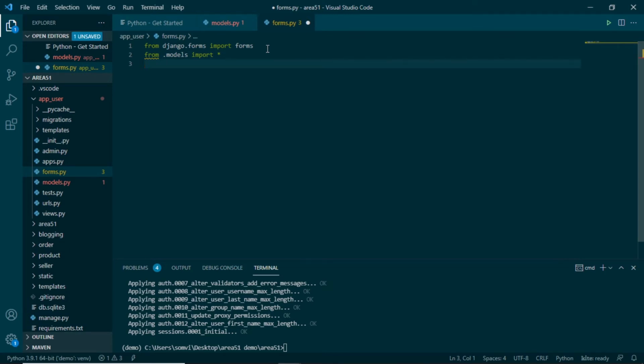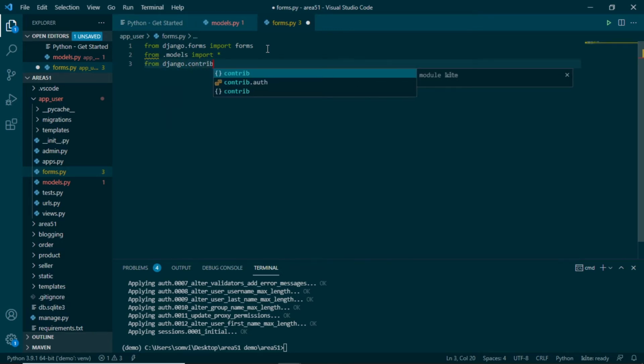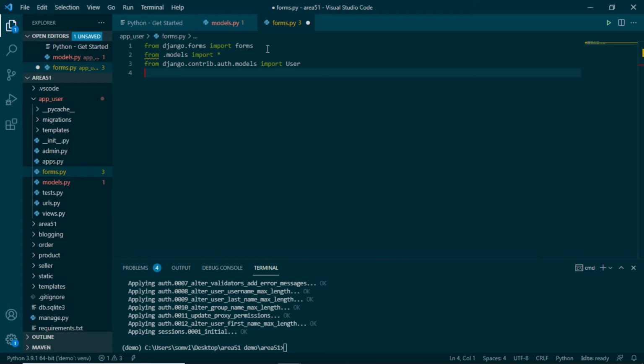First one will be the default authorization user model from Django, which will be from django.contrib.auth.models import User. Now we will import the default user creation form that will be used to create this default user. For that, we will use from django.contrib.auth.forms import UserCreationForm.